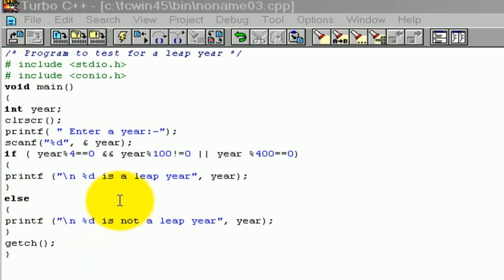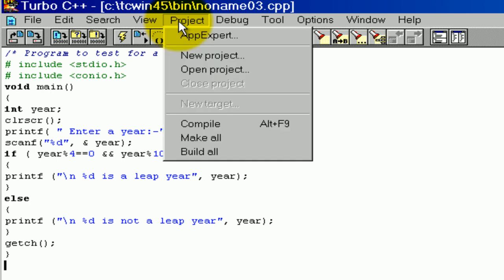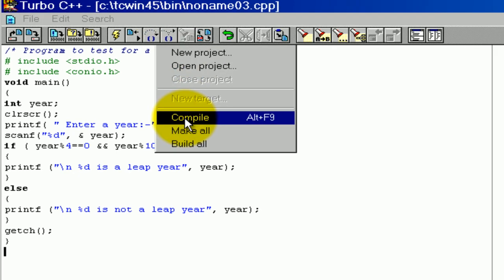First we compile the total program. If any mistake, it shows an error, then again correct the program. Next, run the program. First, we click on project. Click on compile.